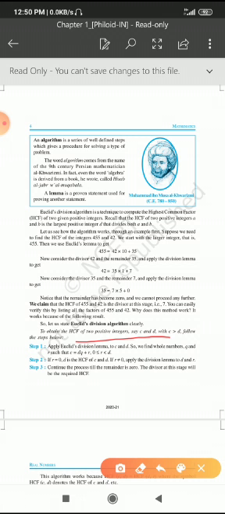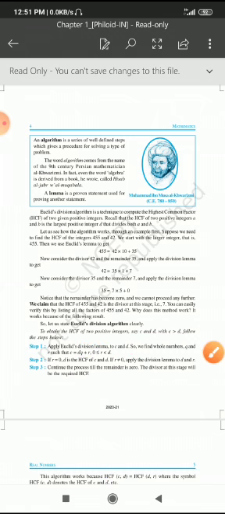Step 1. Apply Euclid's division lemma to c and d. So we find whole numbers q and r such that c is equal to dq plus r, where 0 is less than or equal to r is less than d. I said, here a and b we had taken as dividend and divisor. Here we are taking c and d. C is the dividend and d is the divisor. If you are dividing c by d, there exist a unique quotient and remainder q and r. The relation is 0 is less than or equal to r is less than d.